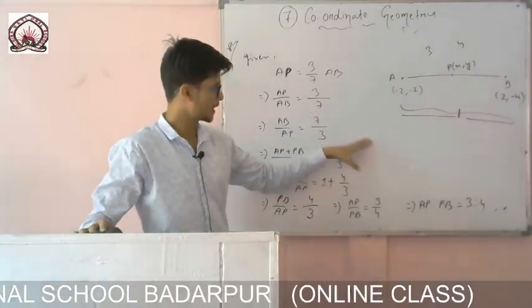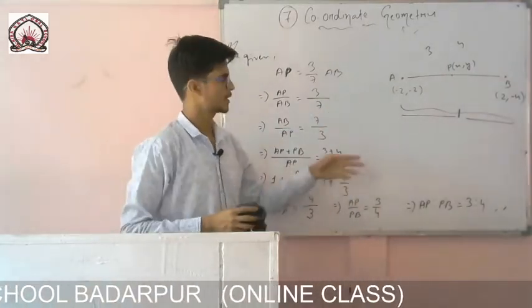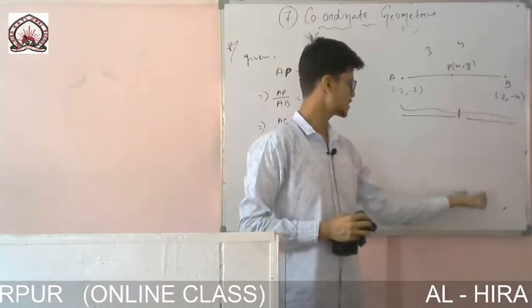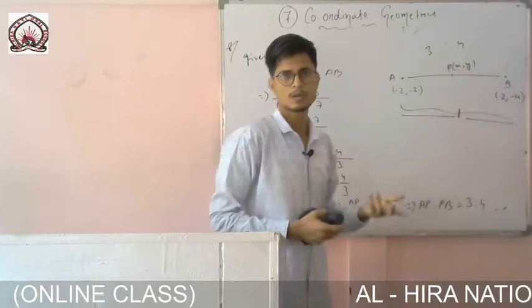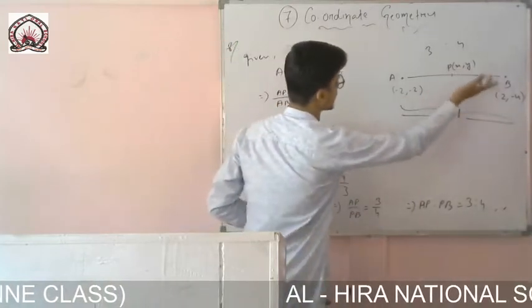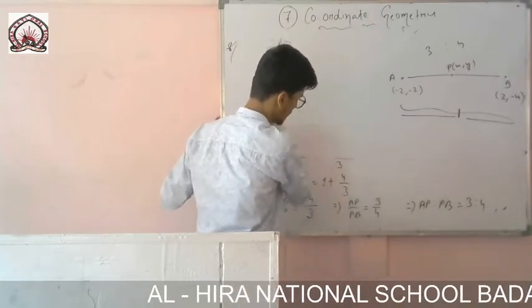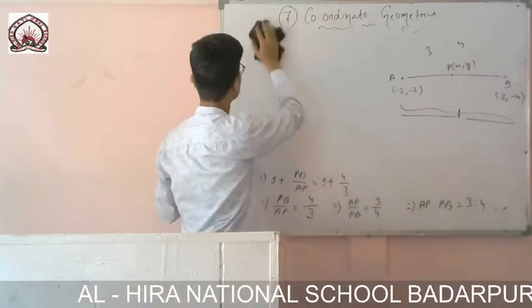Actually from this one our motive is to derive this one. Okay, the ratio. So AP is to PB, it is given 3 is to 4. So there 3, there 4. So now I have got the ratio. The coordinates of the point are also there. So now I can easily use the section formula and I will get the values.